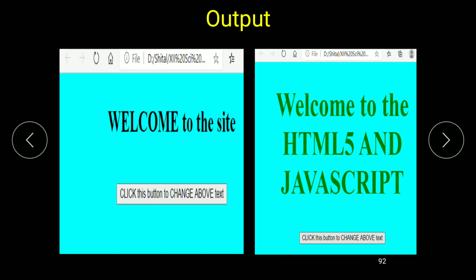So first page, you can see this is your first page. In that paragraph will be the "Welcome to the site", and this is your first button, and whenever you click on that button,